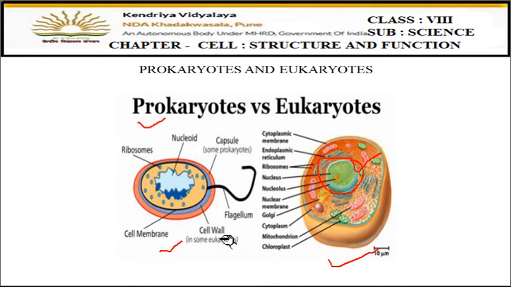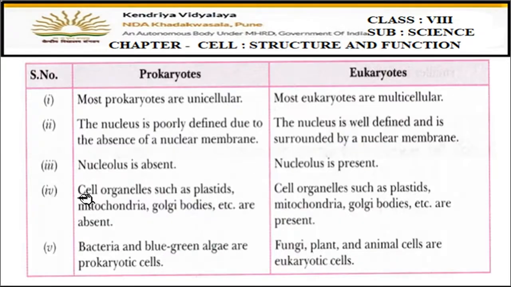Okay. Then a cell wall is present in prokaryotes, but in eukaryotes cell wall is absent. Okay. In plant cell it is present, but in animal cell it is absent. Then other cell organelles like chloroplast, mitochondria, ribosomes, endoplasmic reticulum, they all are absent in case of prokaryotes. Means prokaryotes do not have membrane bound cell organelles. Okay. So these are the differences. Let's find out in the tabular form. That first difference is that prokaryotes are